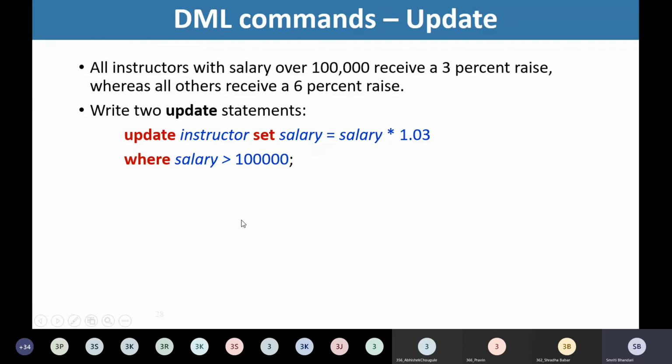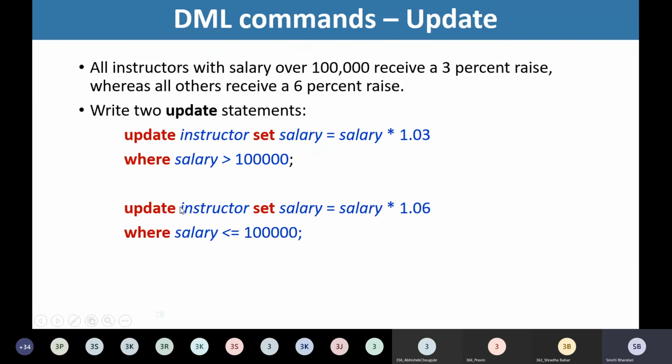And the second statement is that salary gets modified by 6%, where salary is less than or equal to 1 lakh. But while using these two statements, we should provide them in the same order. That means first we should execute this, and then only we should execute this statement in this particular example.